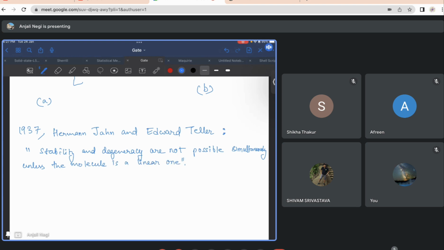So since we are not dealing with a linear molecule, we are dealing with metal complexes which are octahedral or tetrahedral. So here this theorem holds good, where it states that degeneracy and stability are not possible simultaneously. What does it mean? It means that since you have already studied that there is a splitting of d orbitals when the ligand approaches the metal